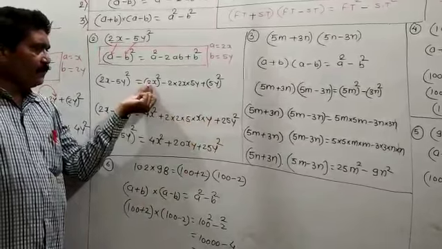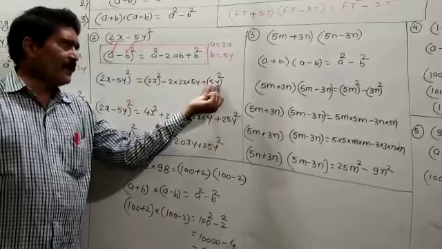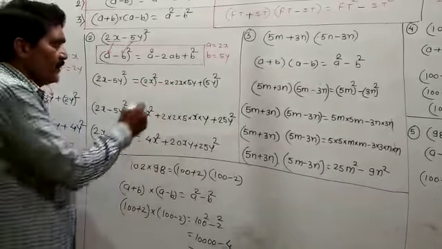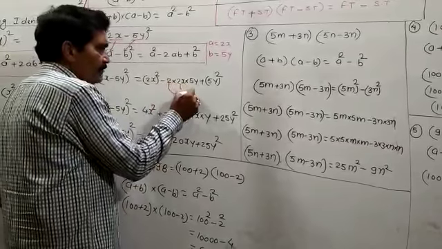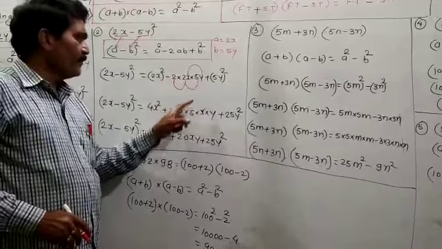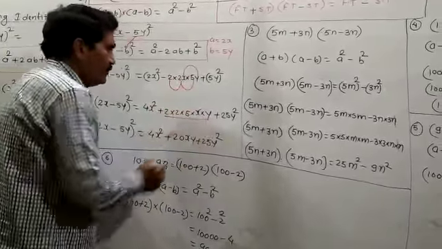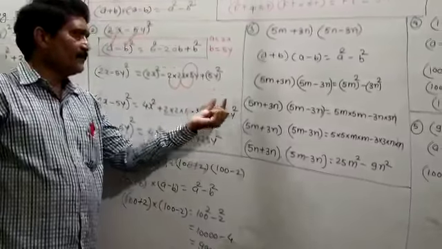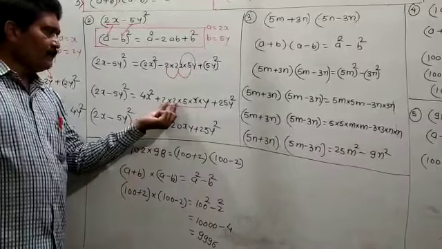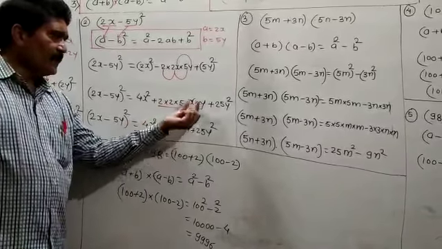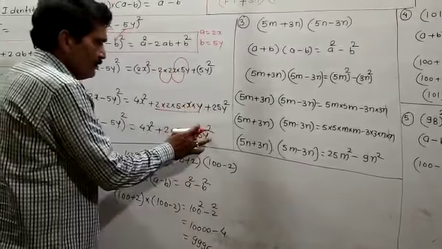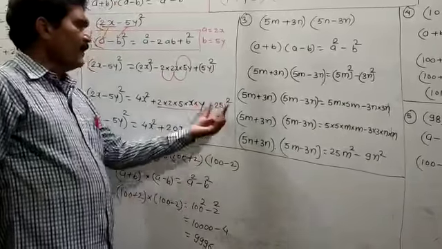Here there is the square of 2 and the square of x, and also the square of 5 and the square of y. So (2x) square is 4x square. Here you write the numeric terms together and the variable terms together: 2 multiplied by 2 multiplied by 5 and x multiplied by y. So you do the product, and this 5 square is 25, y square is y square. So 4x square as it is you write. 2 2s are 4, 4 5s are 20, and x multiplied by y is xy. So this will come 20xy, and 25y square as it is you write.